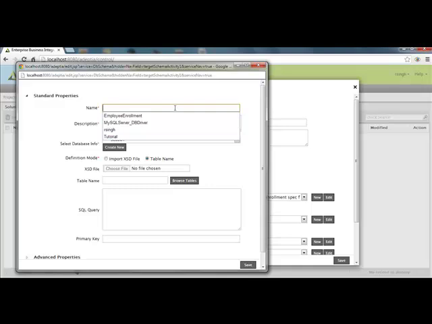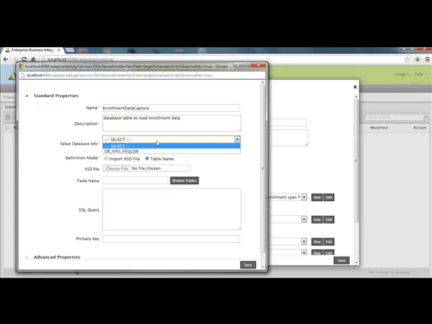So here we will give an enrollment data capture, and this could be your database table to load enrollment data. The reason why we have this table is that this could be your common table to store enrollment data for all your clients. So that's why the mapping is also needed, to transform the incoming data to this particular common format. And then the next thing that we will do is